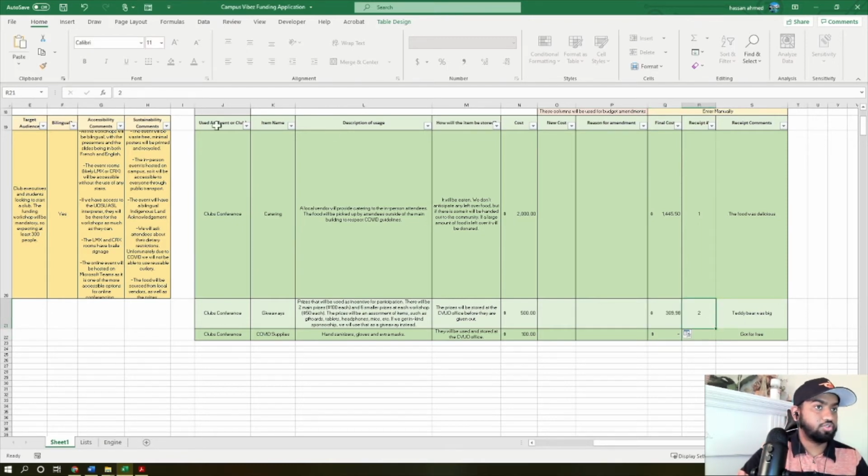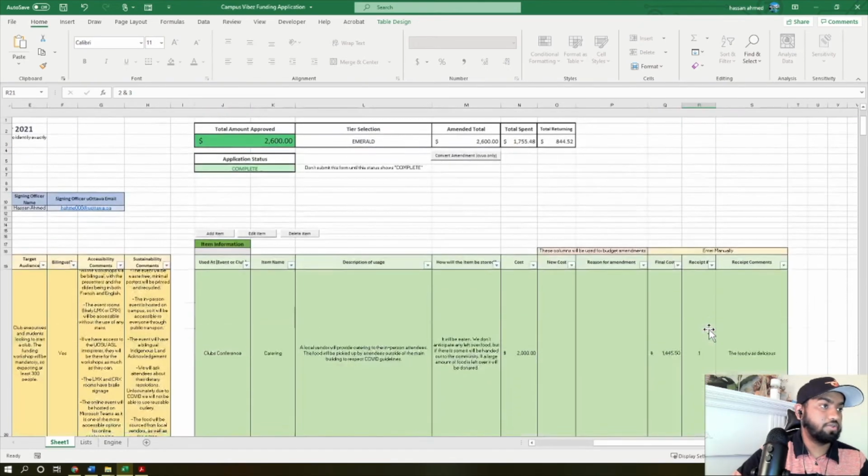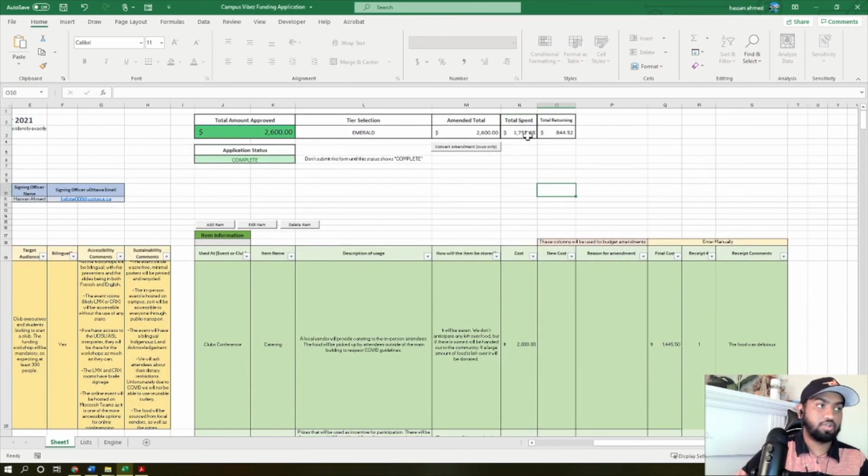And then it's going to be 2 and 3. There we go. Or I could even put an ampersand instead of a comma if there's only, like, 2 and 3, if I had 2, for example. Now a few things you'll notice is there's a total spent amount and total returning amount that are changing as